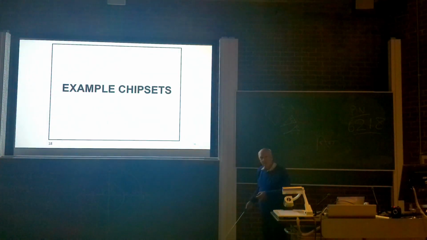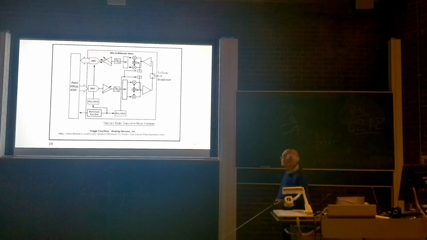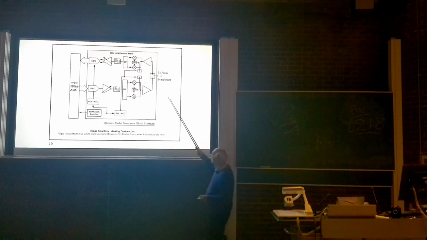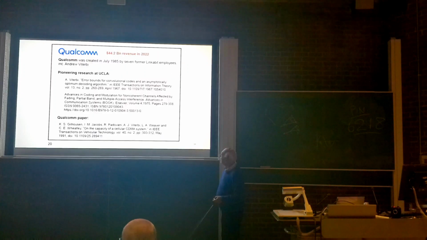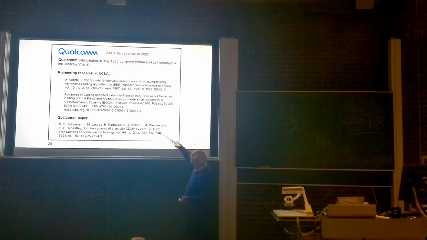Now I'm going to rattle through fairly fast because I think we've covered a lot, but just to give you a flavour of this, this is actually the RF side, the radio frequency side, and the millimeter wave transceiver block which we've got at the moment, needed for 5G radio. And let's pick out something from here. This is actually a paper to do with the modems and Viterbi decoders, which is going on.